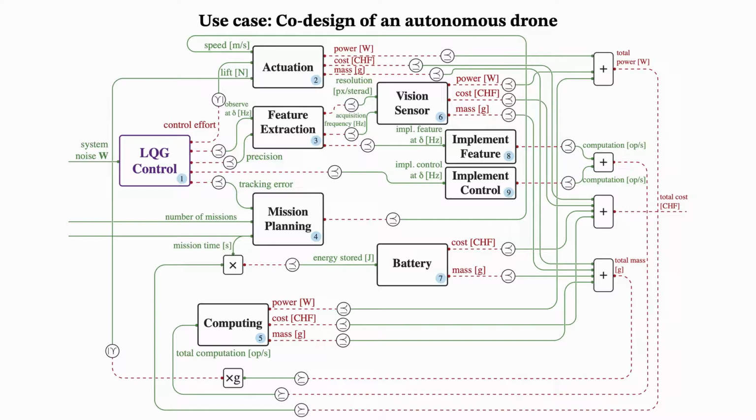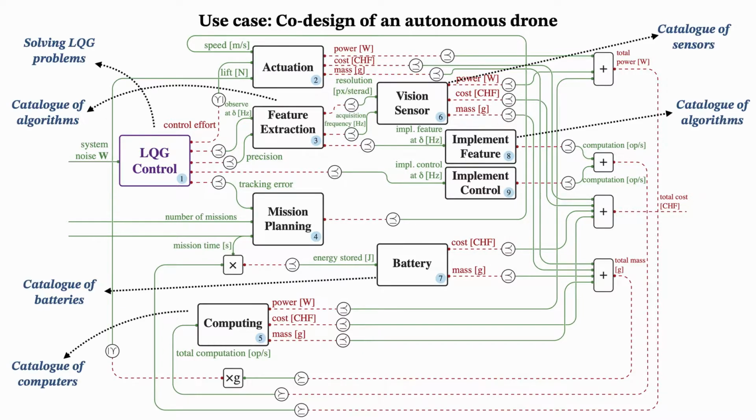Well, given these results, we can naturally include the design of a controller, which is a very formal thing, into the co-design problem of a robot, which, given sensor measurements, needs to reach specific targets in space at specific times. This design problem involves more practical things, such as the choices of the batteries and of the sensors to be put on the robot, as well as the implementation of specific algorithms. Let's have a quick look at this co-design diagram.